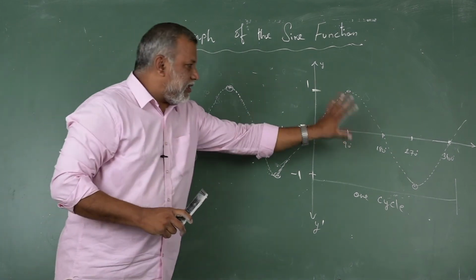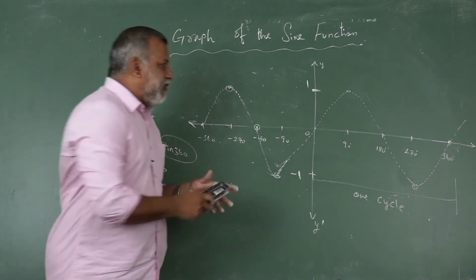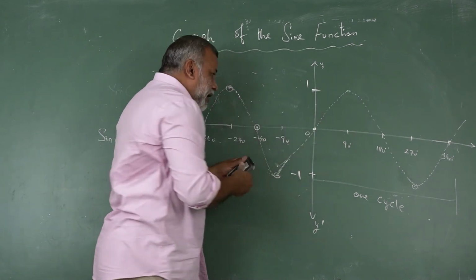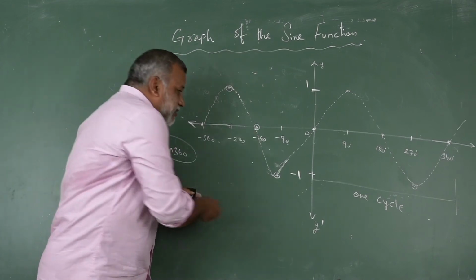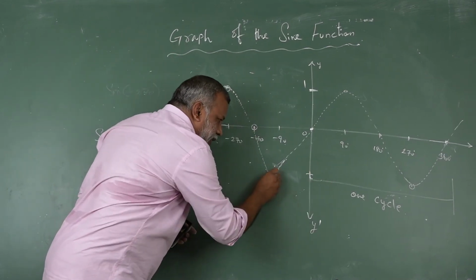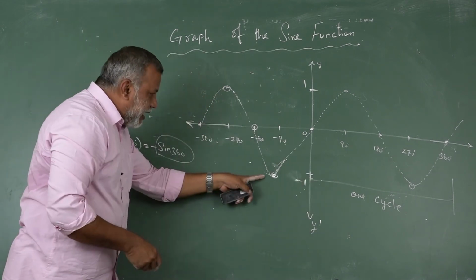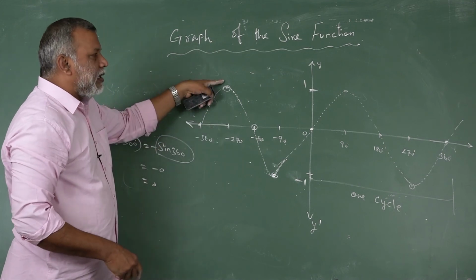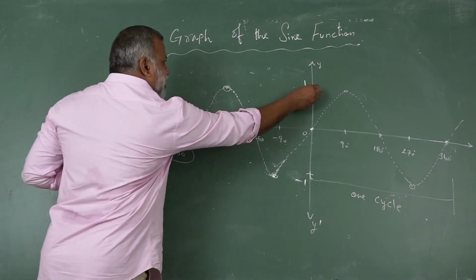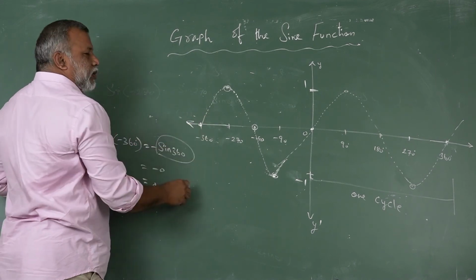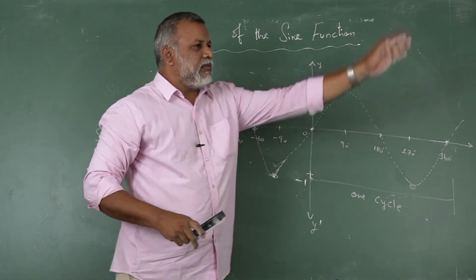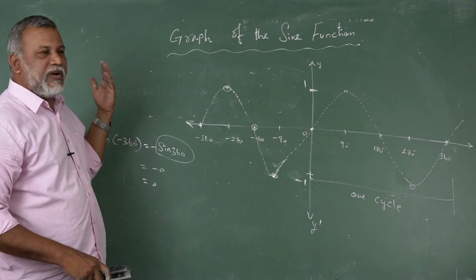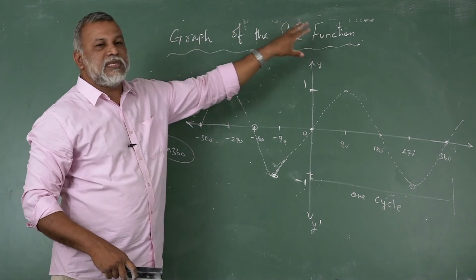The same similar diagram, but from here, see, 0 to 90 takes the highest. Here minus 90 takes the least value. This is the least value just discussed. Then again minus 180, it reaches 0. Again minus 270 reaches the highest value here, highest value 1. Again it reaches 0. Like this we can develop up to infinite. Here also we can draw or develop the curve up to infinite. This is the graph of the sine function.